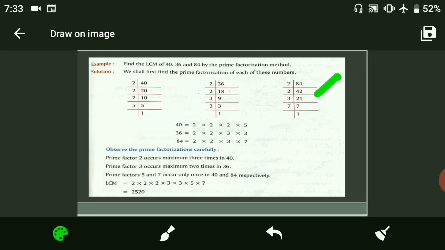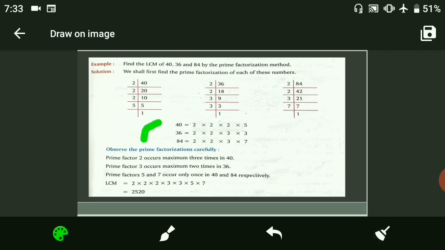Now you have to see where 42 comes in the 2 table. Again you divide. Then you get quotient 21. Quotient 21 you have to write down of 42. So you have written. Now you have to see in which table 21 comes. It comes at 3 and 7 both. But I have taken 3. It's your wish. If you want 7, you can take 7 also. In the 3 table, 21 comes at which position? At 7. So 7 as a quotient I have written here. Now you have to see in which table 7 comes. 7 ones are 7. So you will stop now.